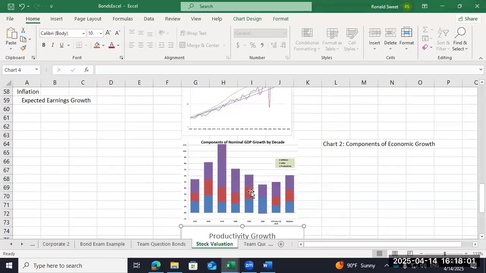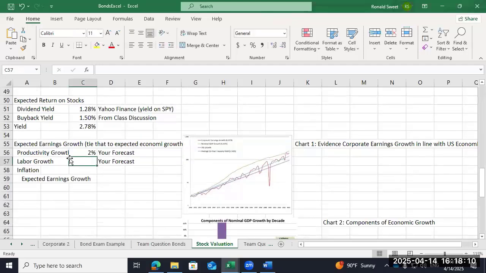You can see labor has been in that kind of 1% range, except for in 2000, 2010, it was actually negative. I tend to think 1% of labor, although I think that's kind of high. So what are your issues on labor? Well,